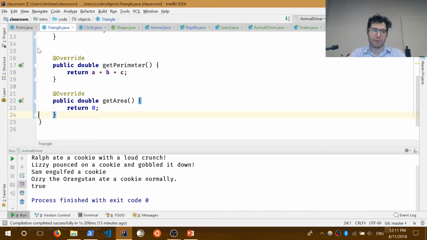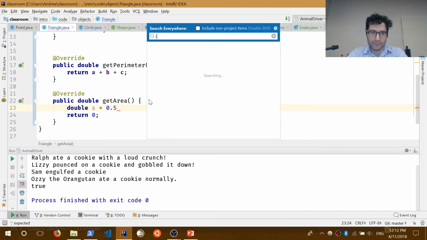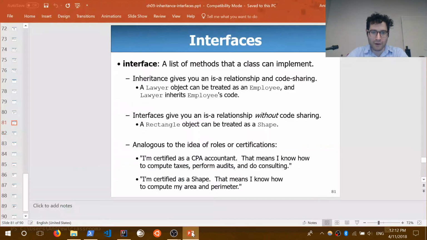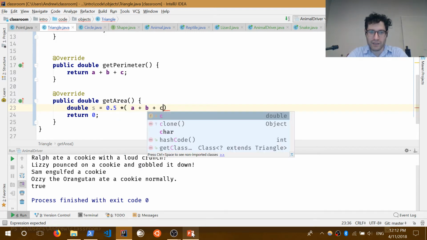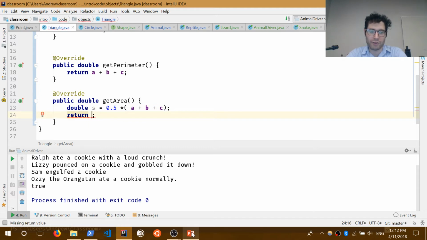So now to get the area, well, that's a bit more complicated without having the angles, right? Normally area for a triangle, the way you've learned how to do it, is 1/2 base times height. But if you don't have base and height, you only have the three sides, so we need a different equation. And the equation is this: double S is equal to 0.5 times (A plus B plus C),